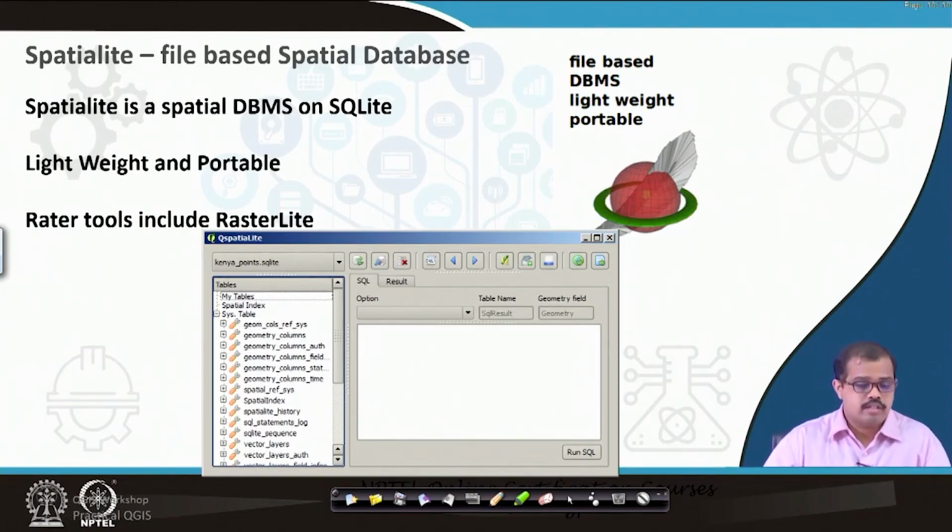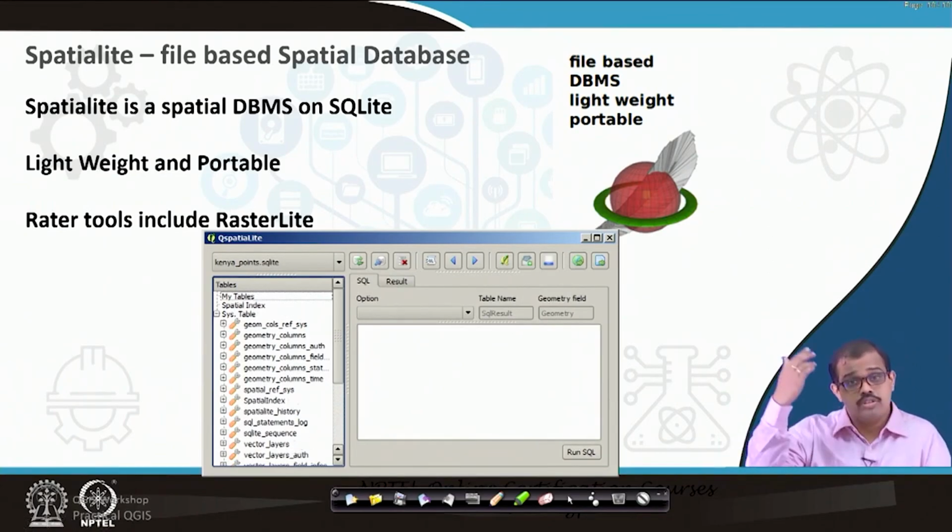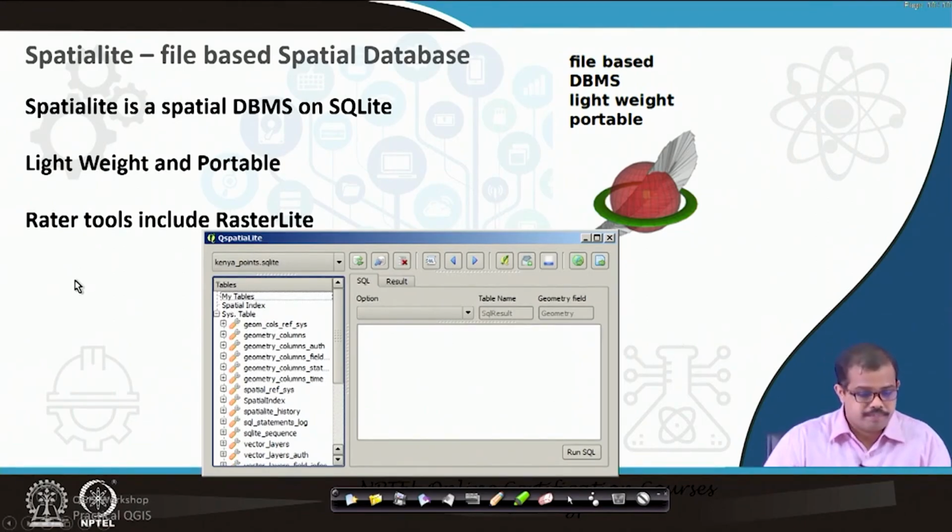Raster tools include RasterLite, so you have both vector processing tools and raster processing tools. When you look at it, you have all of the tools that SpatiaLite can handle, starting from geometry to the vector layers to spatial indexing, and also to your raster indexing. All of these can run, and it can handle SQL